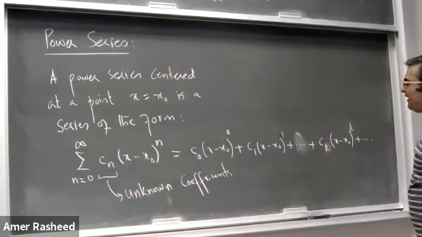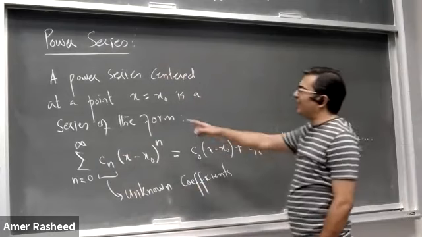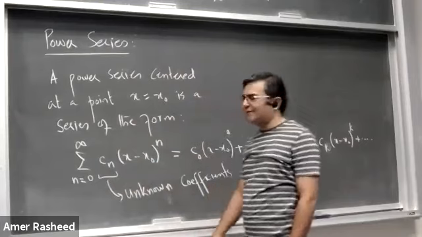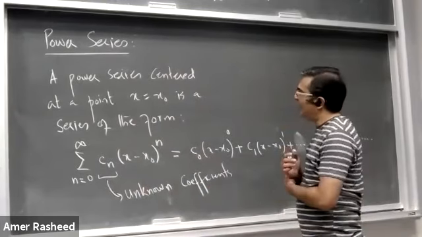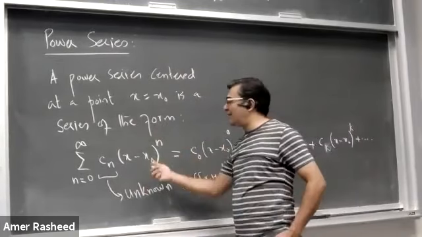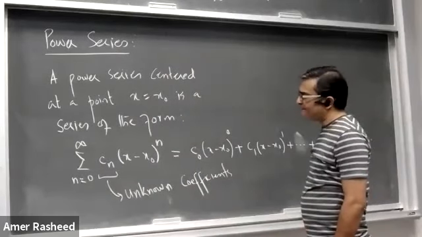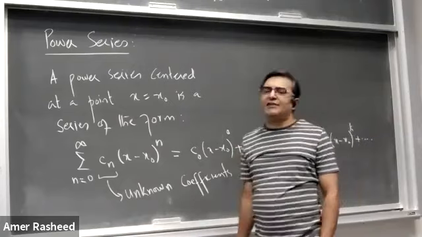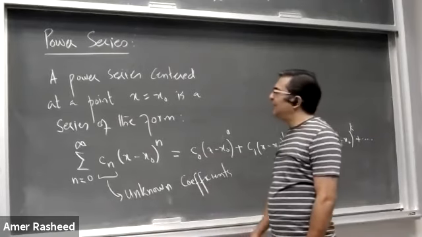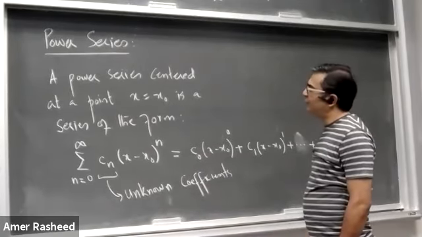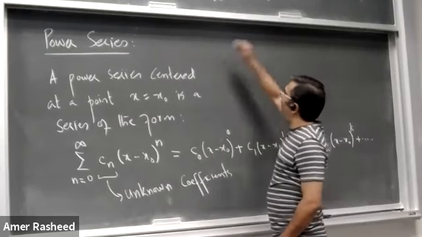So this is a power series centered at x naught. We will discuss why I have written here centered at x naught. X naught is some point within the domain of that differential equation. We'll discuss what x naught is and why we write it here. So if x naught is